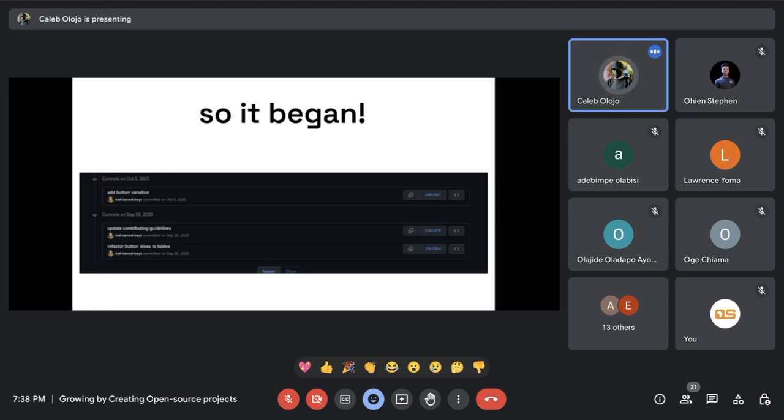You can start contributing to open source projects so long as you have the basic know-how of git push and git pull. You don't have to be a master of JavaScript or CSS. So long as you understand the basics of the version control system that GitHub uses, which is Git, I think you should be good to go. The rest you'd just pick up along the way.